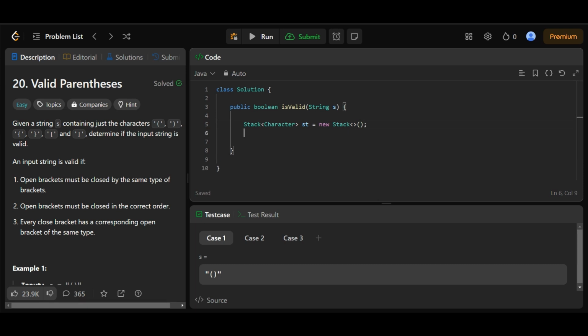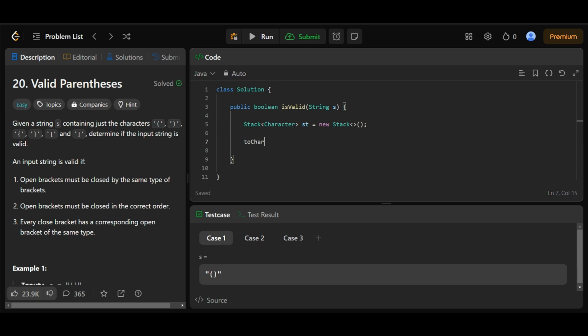Now we'll just go one by one for every character of the string. So what we can do is that we can use a for loop and check each character present in the string, right? For that we first have to calculate the length of the string, and we will use the charAt function of string to check whether that particular character is valid or not. But instead of that, what we can do is use another method of string, which is known as